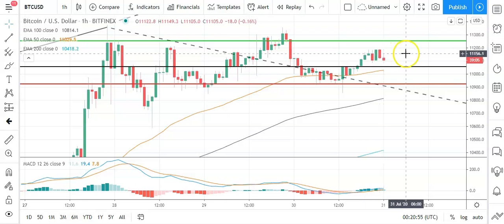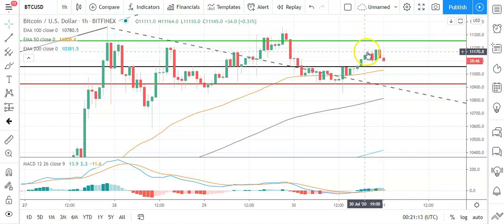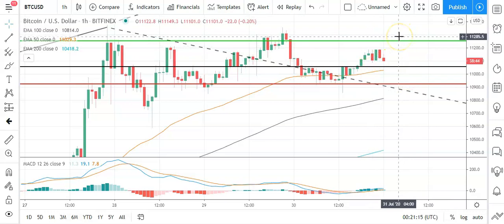11,189. Pull back through the pivot, and we've got the first major support level sitting at 10,923 in play. Bar an extended sell-off, should see Bitcoin avoid sub 10,800. Second major support level sits at 10,723. So barring extended rally, that first major resistance level will likely cap any upside. In the event of a breakout, got the second major resistance level sitting at 11,388 and resistance at 11,400 to